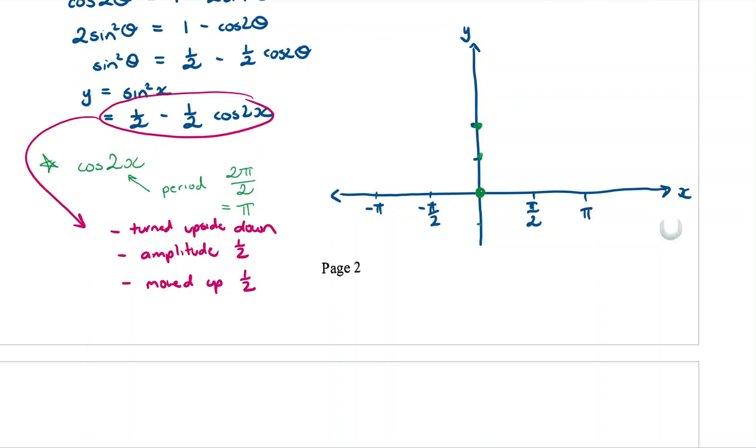Yes, because we reflect it down to negative a half first, remember? It's easy if you start with the cos 2x and keep going from there. So from the cos 2x, change the amplitude, reflect, go out. It will make it easier. Now, if we've got that one starting point,